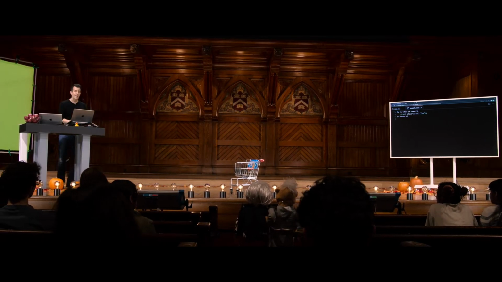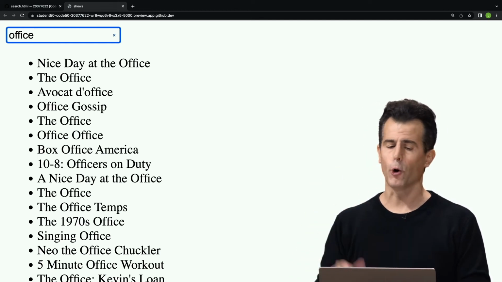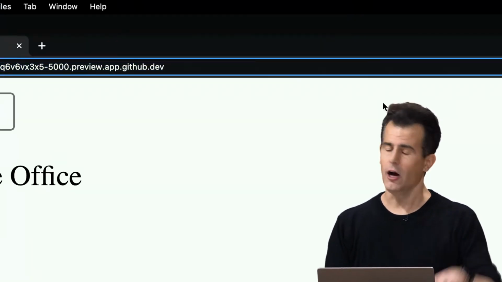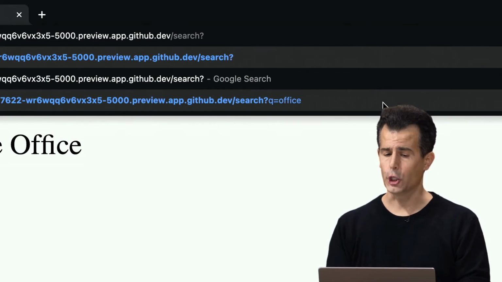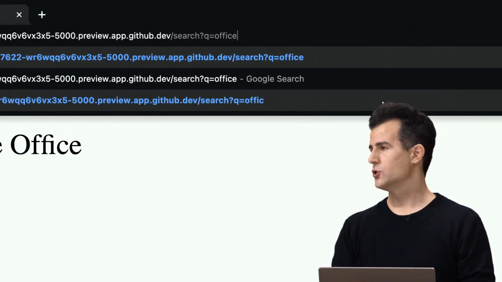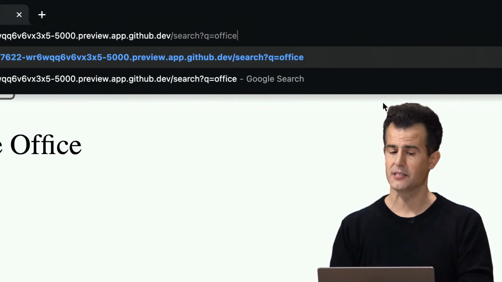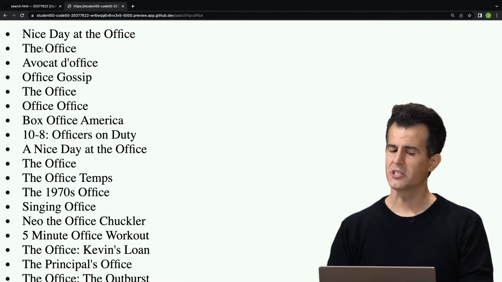And this is the beginning of an API. If I wanted to make this API, this application programming interface, available, I could tell the world that if you want to search for TV shows in my database, go to a URL that's something something /search?q=office or cat or dog or anything else. And what I will return to you is this. Enter. I will just give you a whole bunch of li tags, which almost looks the same, but let me